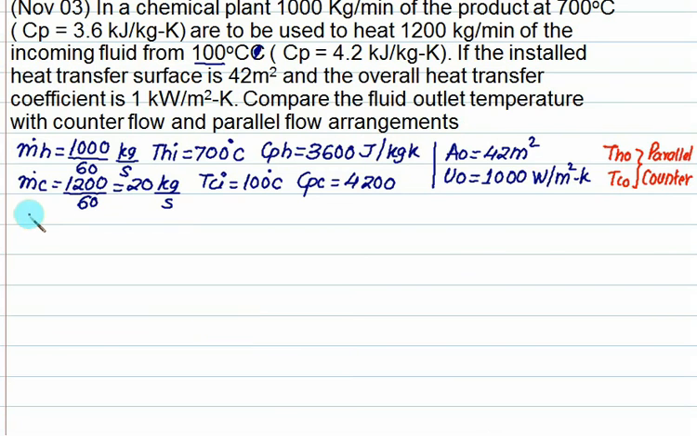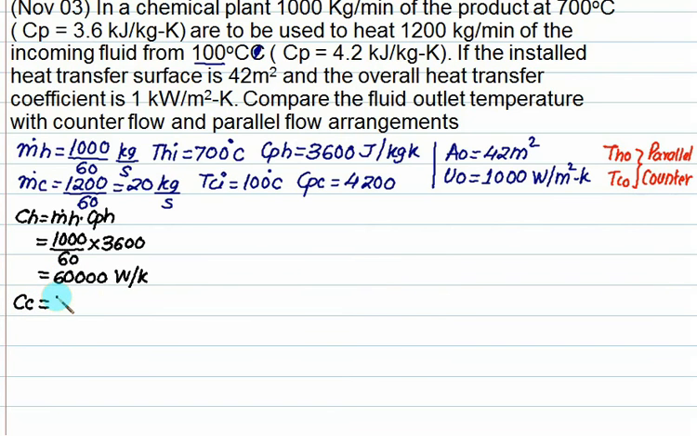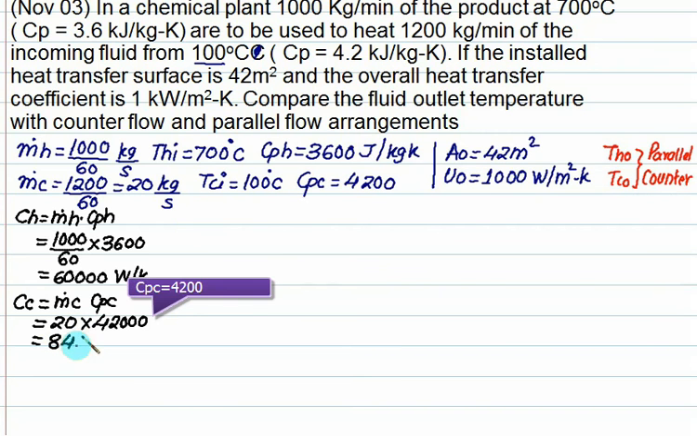So what is Ch? Ch is given by m dot h multiplied by Cph, that is 1000 divided by 60 multiplied by 3600, which is 60,000. Now we can find out Cc, which is m dot c into Cpc. M dot c is 20 and this value is 4200, that is 84,000 watt per Kelvin. 60,000 is minimum,